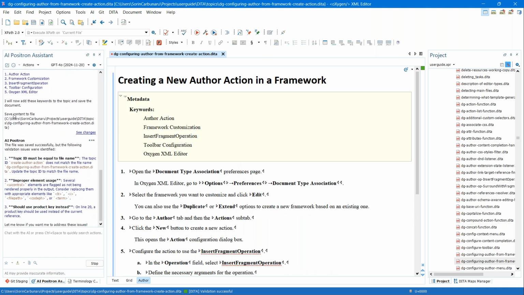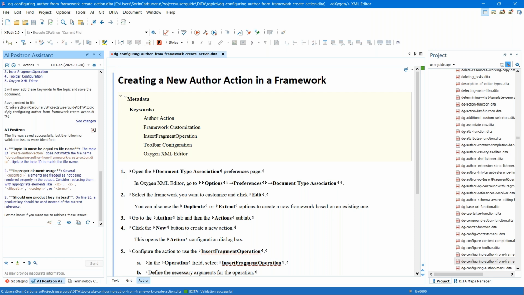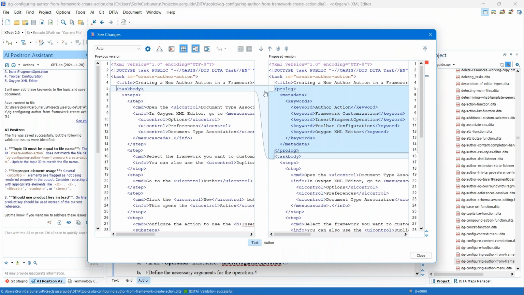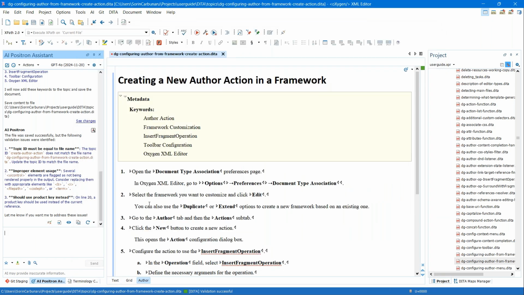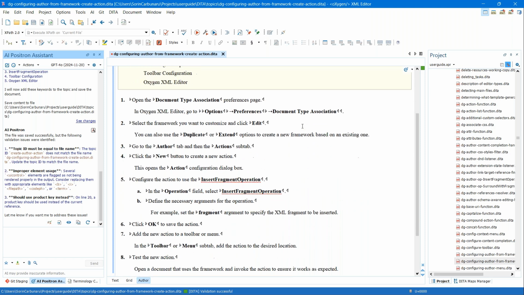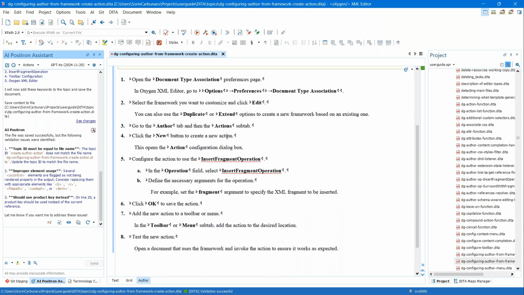So for example, here on the second call, we get this see changes and we can see exactly what happened in this instance of calling the save document function. So this is one way of creating a topic, and now we have our DITA tutorial